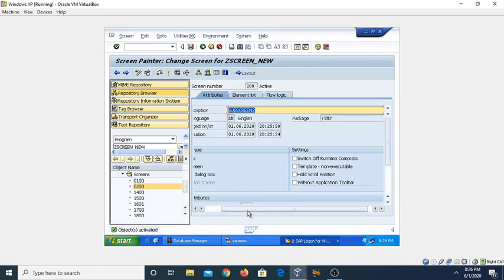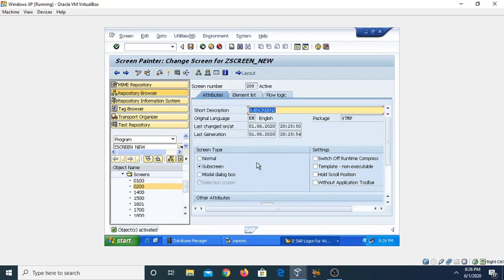So here I am again repeating the steps. Step number 1, create the main program. Step number 2, create the main screen. In my case the screen is 1700. Then go to the layout of the main screen, and place there the subscreen area and create the 2 push buttons, screen 1 and screen 2. When the user will click on the screen 1, it will display the subscreen 1 onto the particular subscreen area.